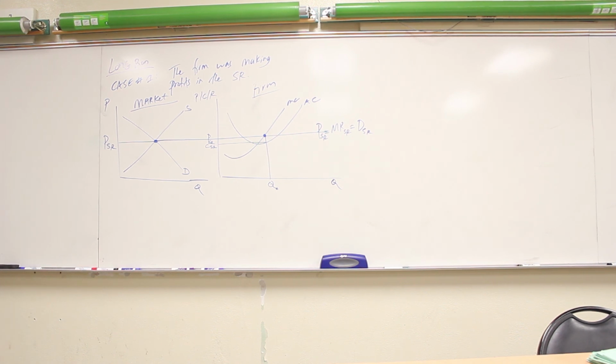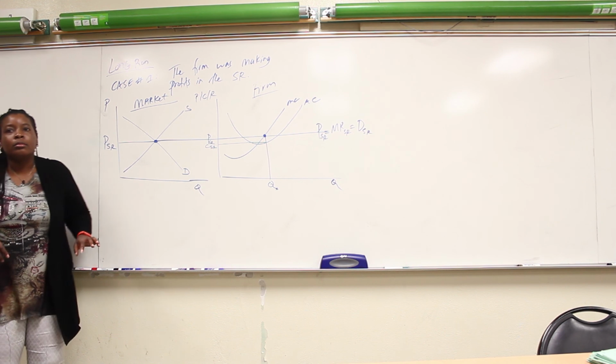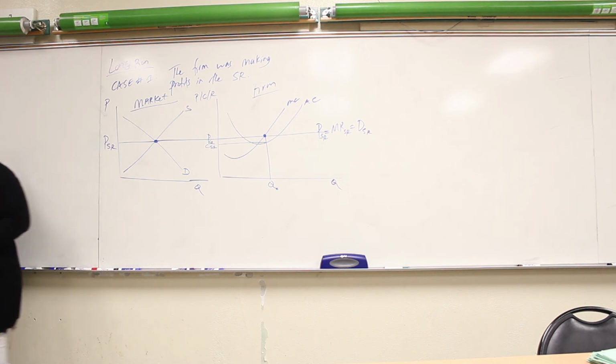Firm is going to do what it knows what to do, which is to maximize profits. MC is equal to MR, gives us the quantity. They are price takers, so they're going to choose the same price. And the cost of production is where the quantity line meets the AC. That's the short run. We know this. We just did it. Now we want to watch this firm over time.